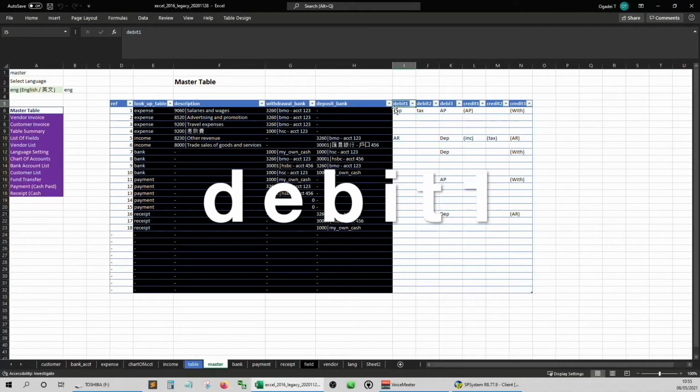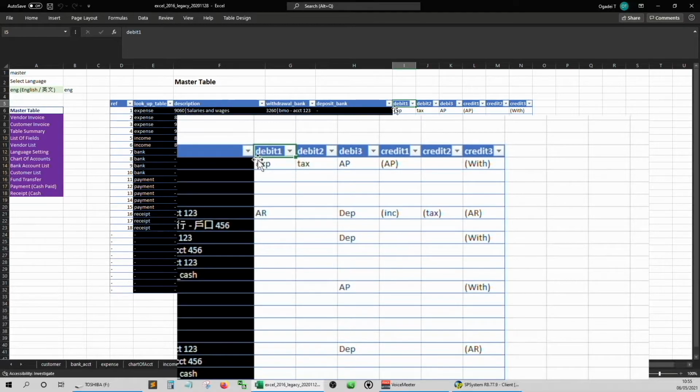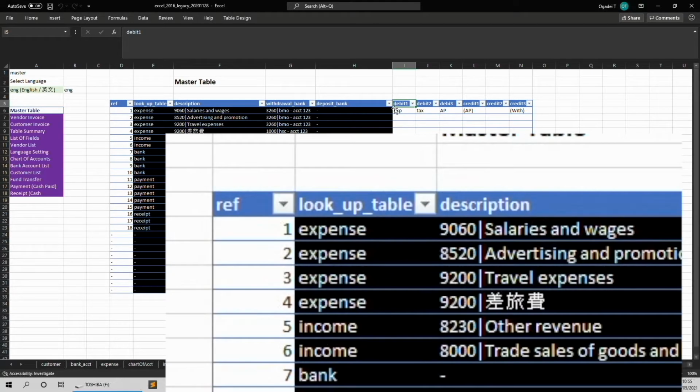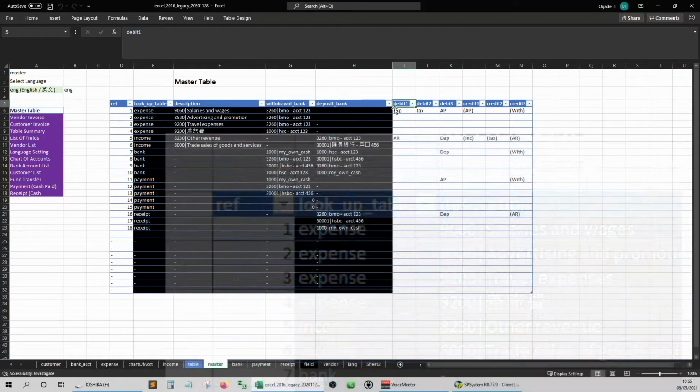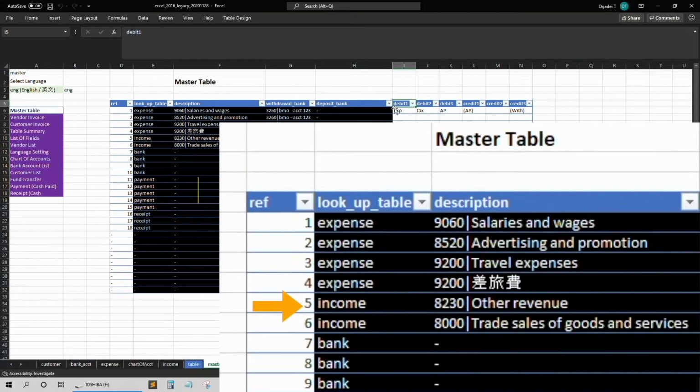Now we can move on to extracting the general ledger number to the debits and credits positions. For debit 1, we'll return the expenses ledger number when the lookup table column shows expense and return the accounts receivable when the lookup table is income.